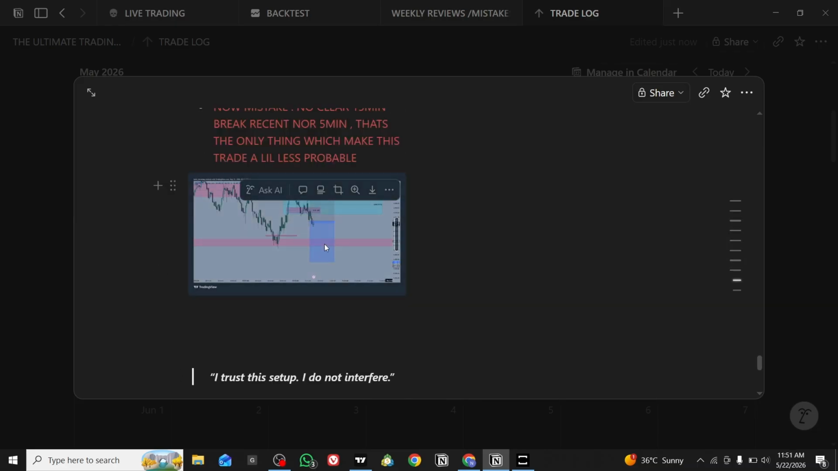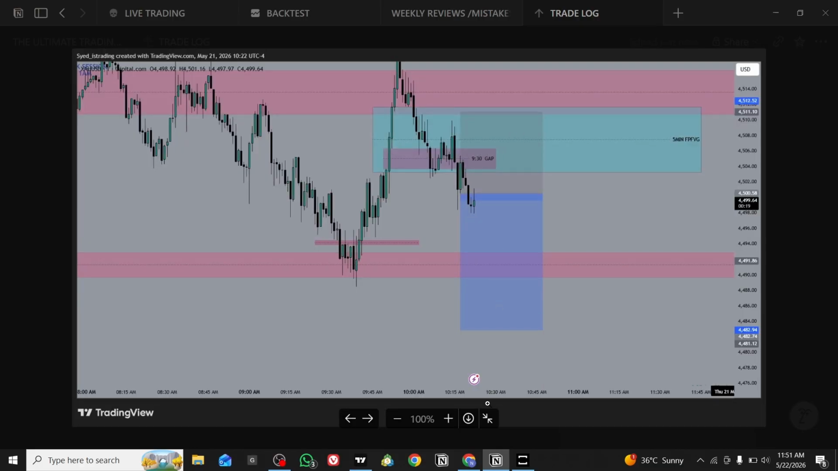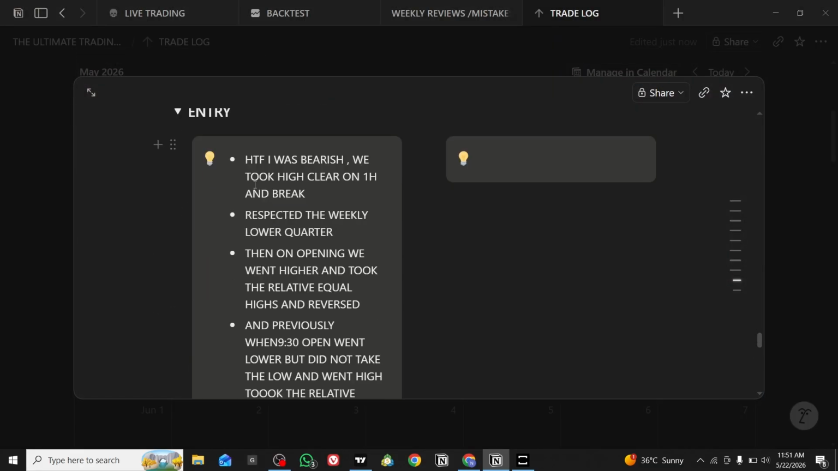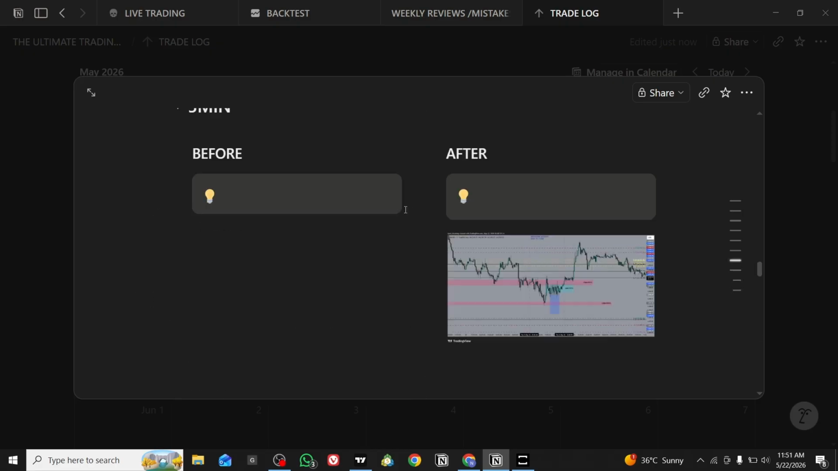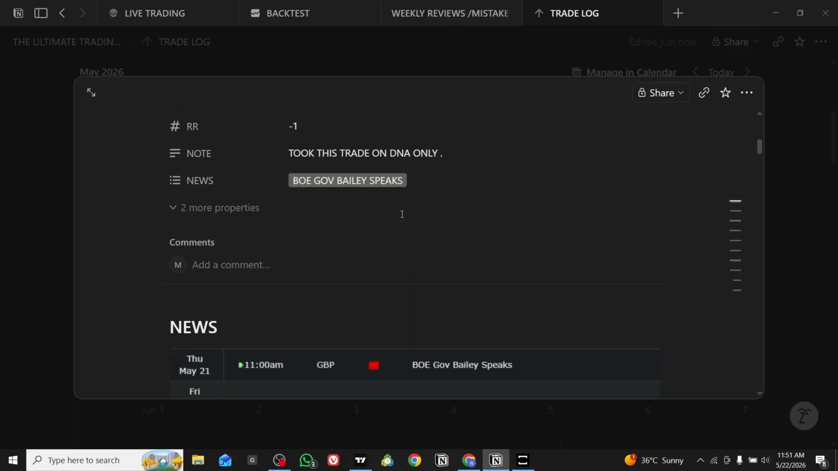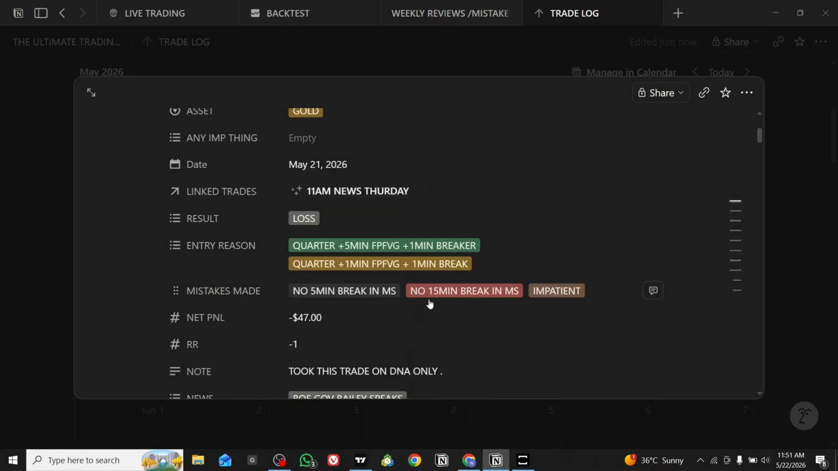And here I took the entry. You can see this, the entry breakdown I did this morning. It wasn't on at that time, and this was the mistake. Okay, so this was the result, and I pointed out only the mistakes which were in my mind, which could be a mistake or can be a mistake, which I don't know is that important. So I highlighted in the mistakes made: no break in market structure, no 15-minute break in MS, and I highlighted impatient. I was being very patient, but still